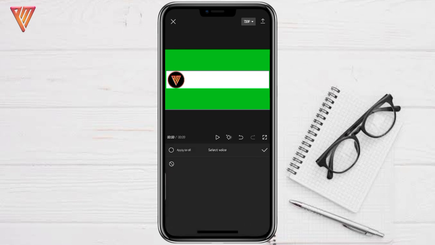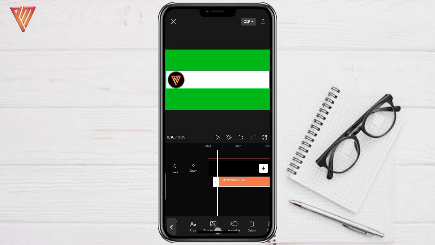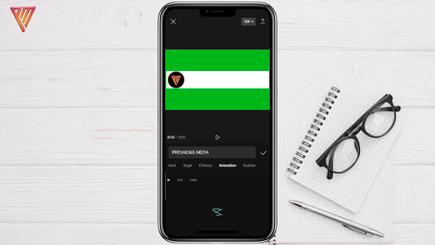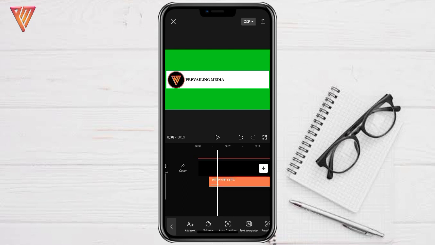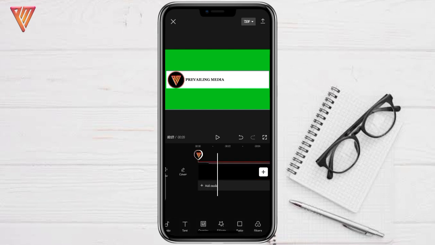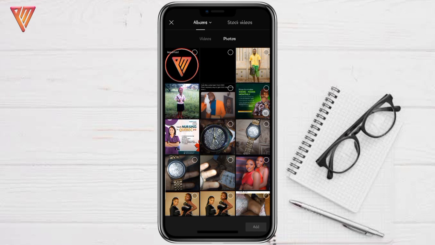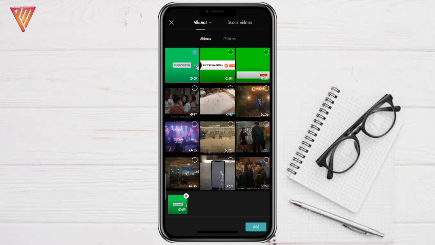Then go to animation, then click on the typing one. As you can see, click on it, then this is what you get. After, just adjust the video to where you can see the text, then go to overlay,